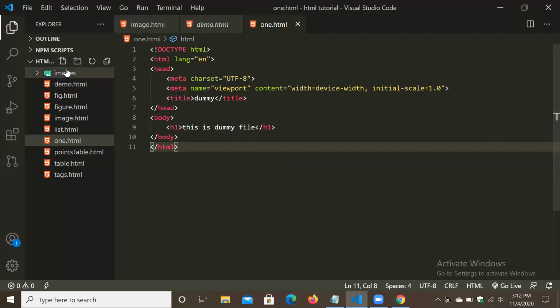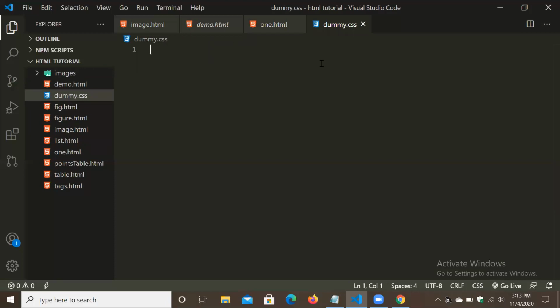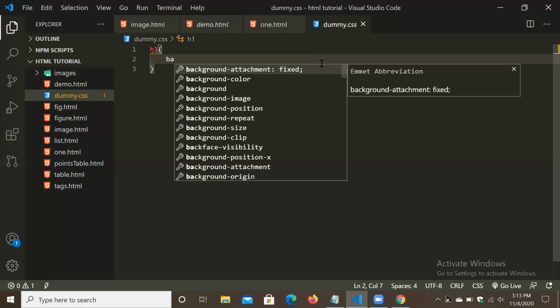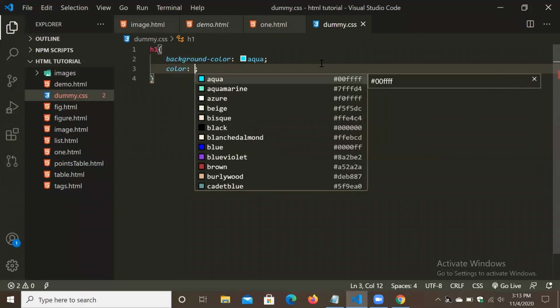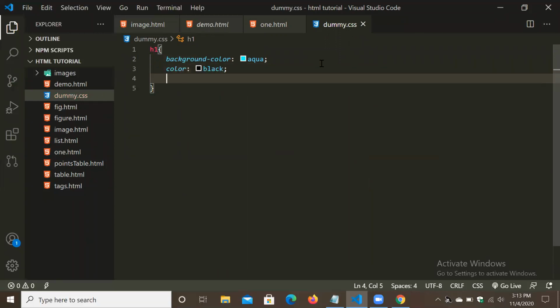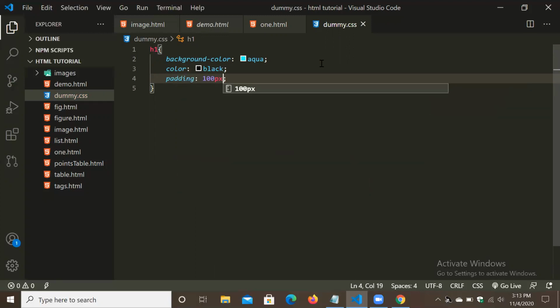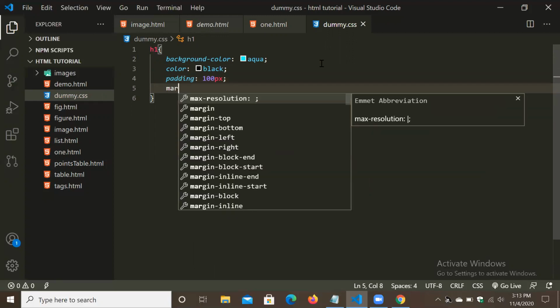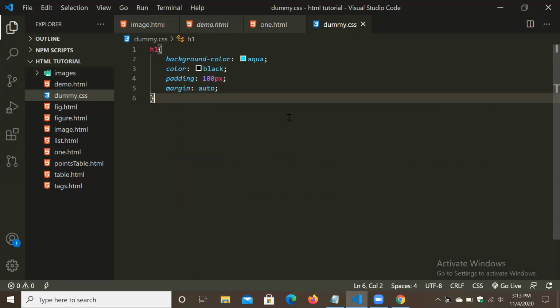For that, what we have to do, simply we have to create one new file, and we have to name it dummy.css. Okay, so in that what we do, some h1 tag, background color, some aqua, text color black, and some padding 100 pixel. Okay, some margin auto. Okay, that's it. Control S,